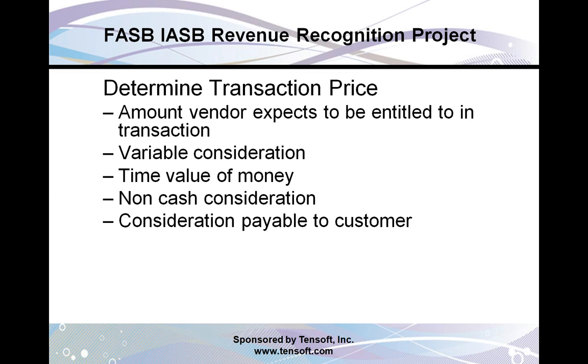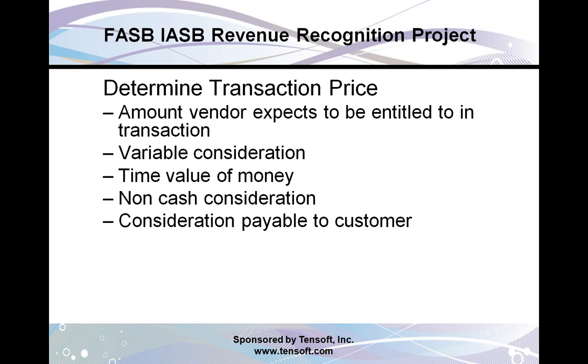The amount that we're going to recognize for a transaction is the amount that the vendor expects to be entitled to. This is a more subjective criteria than our current fixed and determinable arrangement. And there are some new factors that we're going to consider in determining the transaction price that we typically haven't utilized. So one of them is variable consideration. If the amount of the fee isn't fixed and there are variables that will cause that fee to go up or go down, that variable consideration will be estimated and included in the transaction price, whereas currently we would